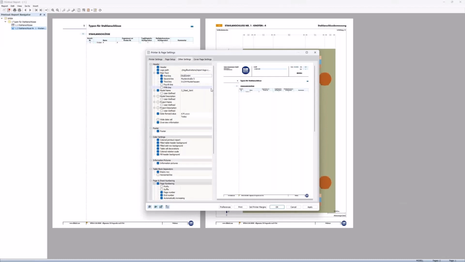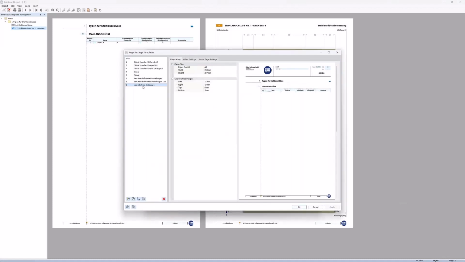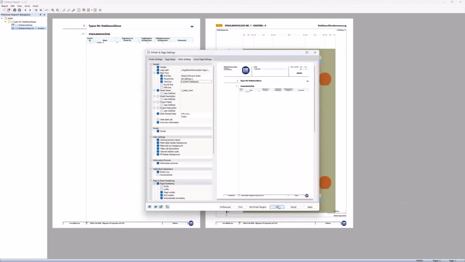Dlubal Software, Dlubal Software GmbH. Then Weg 2 in Germany, 93464 Tiefenbach. Okay, and I can save that with that button, Save as Template. User-defined settings 1, for example. Okay, so and now